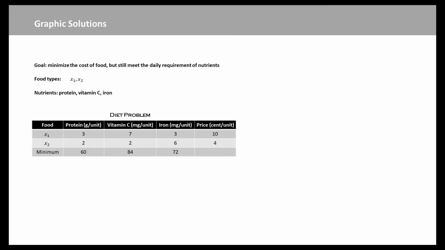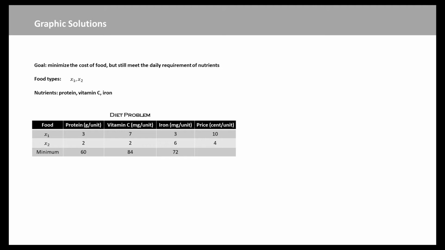We will look at the problem. Probably, we have all thought about a simplified diet problem. So the setting of the problem is the following. We need to eat food every day, and the food has nutrients for us to survive and stay healthy. We need to have somewhat balanced nutrients. The goal is that we want to minimize the cost of the food. At the same time, the daily requirement of the nutrients must be met.